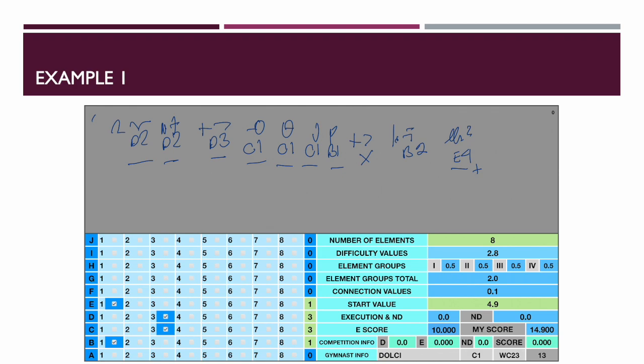So in the end we have 3 D's, we have 1 E for the dismount, 3 C's, and 1 B. Jonathan and Yamawaki were not performed with the giant swing, so none of them can receive an upgrade. The groups, remember, group 1 needs an A or higher element. We have a B and a C. Group 2 was covered by D parts, and group 3 also by D parts, and the dismount by an E value